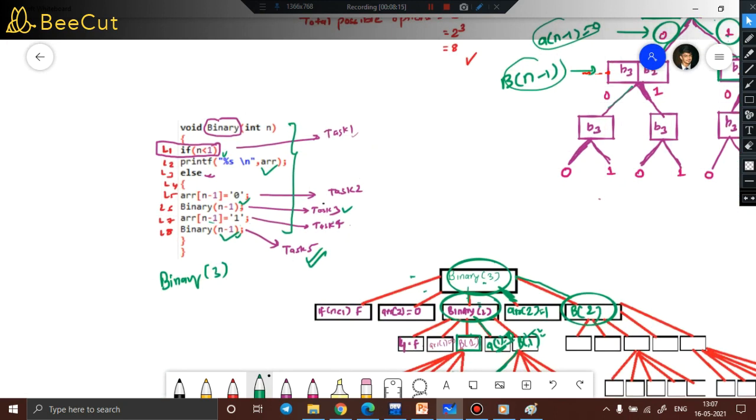Clearly it can be seen that we had taken the code as follows. We had taken this as the base condition, because once we reach the extreme left bit, all we have to do is print the values of the array. The array is kept global for this reason only, because every time the array's value will get modified. Array n minus 1 is equal to 0, yes, we did this. Then we did a recursive call on the function binary. Again we are taking array of n minus 1 is equal to 1, because the possible value of the first bit can be 0 or 1. And then again we are doing a binary call on the remaining n minus 1 bits. Fine. So this is how the code actually works.